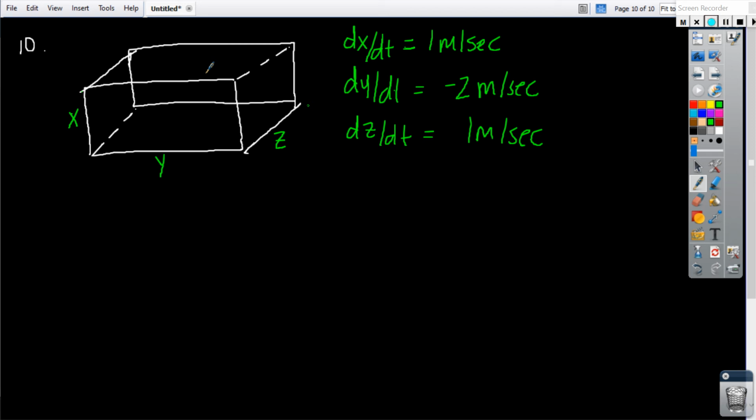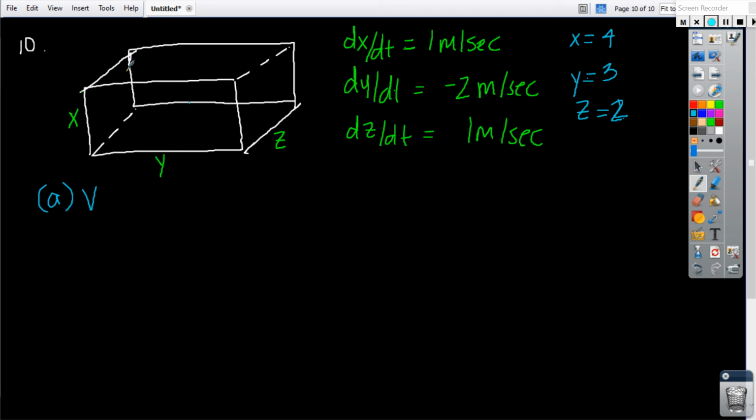Okay, so it says find the rates at which the box's volume, surface area, and diagonal length are changing, and then it gives me some x, y, and z values. It says when x is 4, when y is 3, and when z is 2. I guess I could have looked at that first and drawn it a little more to scale, but that's okay. It doesn't matter. We'll work with what we have. So part A is volume. And so it says, how is volume changing